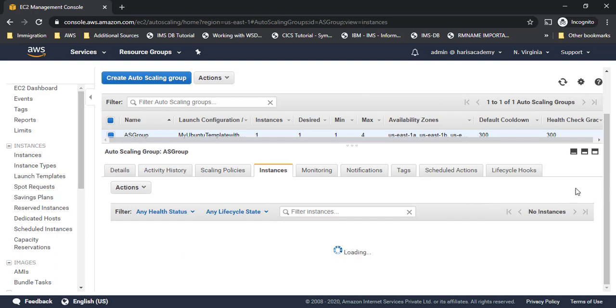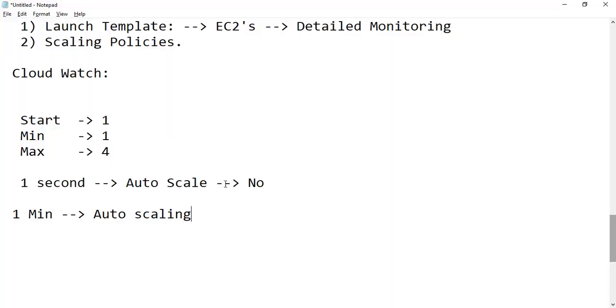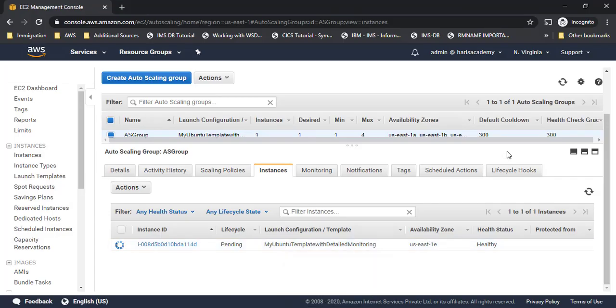So it will create the EC2 instance here. So how do we increase the load so that it will go to the next instance or add a new EC2 instance? In a regular scenario, we have traffic, and based on the traffic to that particular website it keeps on increasing or decreasing. Now because we are not doing anything on the EC2, it will not go to 90%, right?